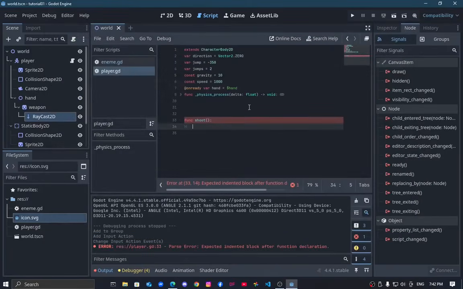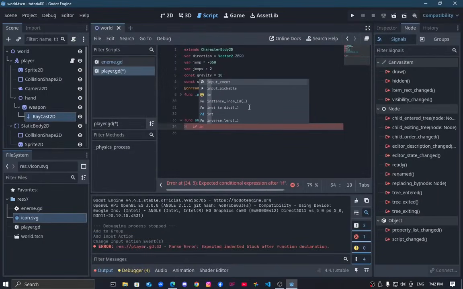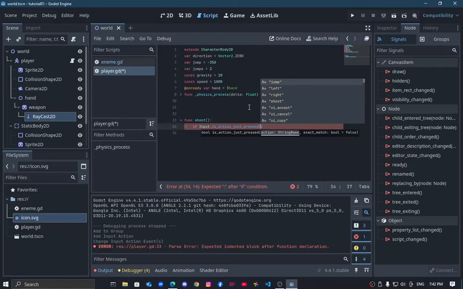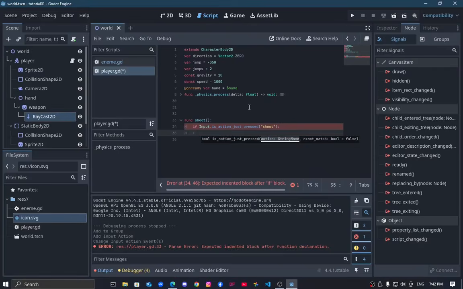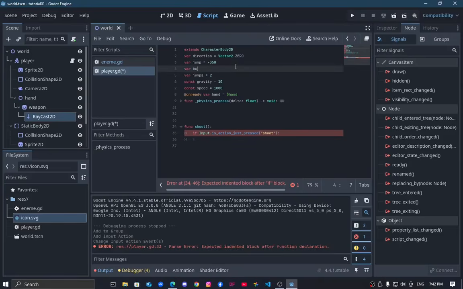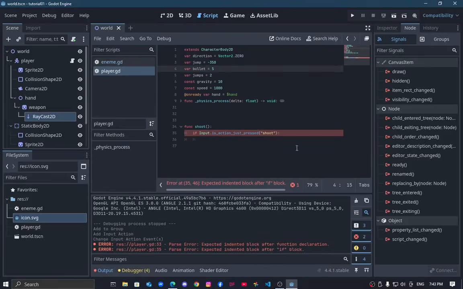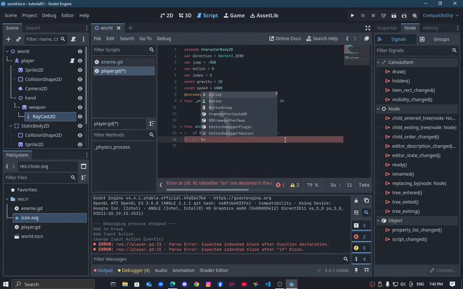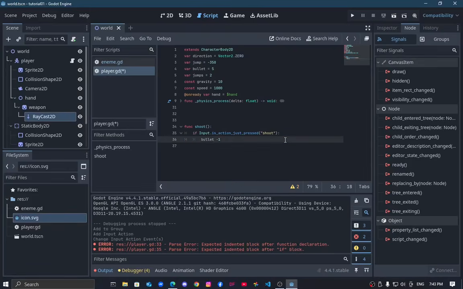Now, if Input.is_action_just_pressed("shoot"), then let's make a new variable called bullets, var bullets equals 5. So we have 5 bullets, so bullets is gonna be minus equal by